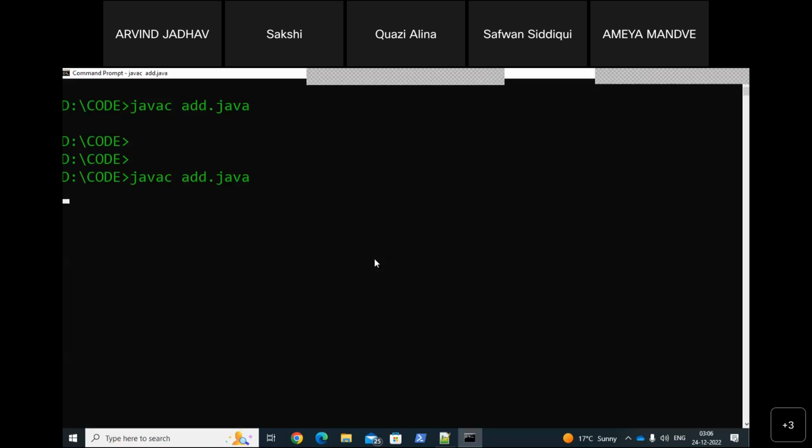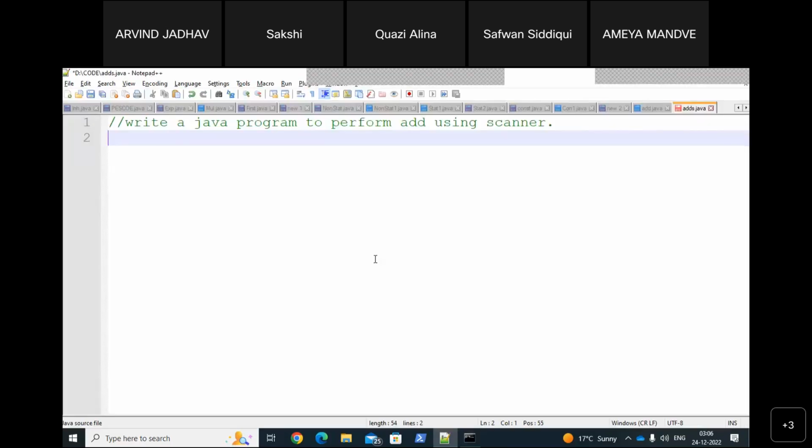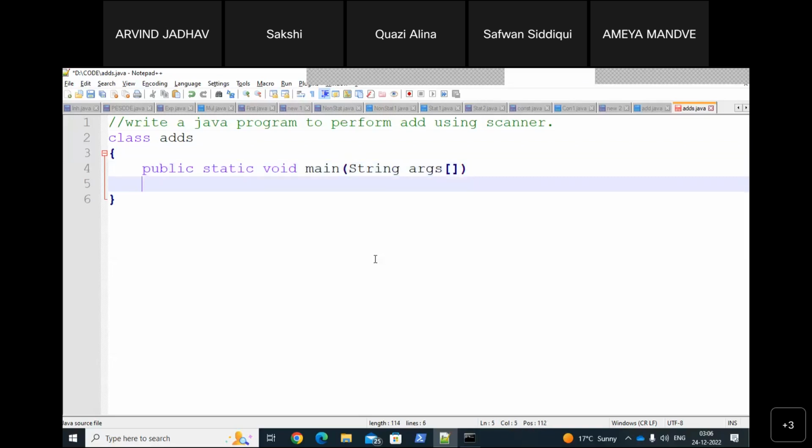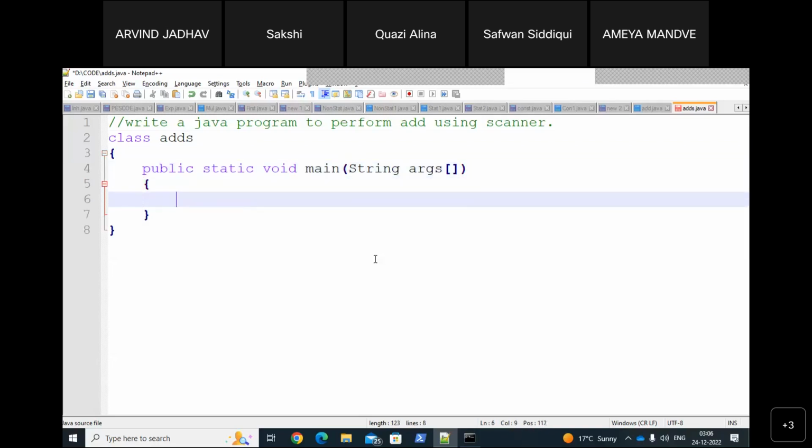So now another program. What will be the name of the program? The class name of the program is AddYes, and inside that we'll write the main method, public static void main, String args. Instead of that, if you want to use another thing, you can. While using the Scanner class, what I said in the first step is that first of all we need to import the package. So here I will write import